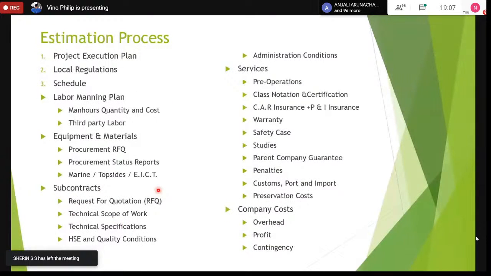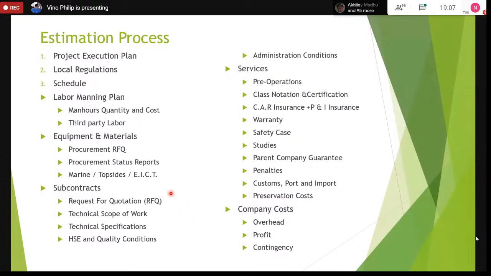The living quarters will also have studies that are associated with it, especially many of the clients would like to reduce the noise levels in the living quarters. So you have to do a noise level study. You have to make sure that you have a certain, what is that called, a certain air circulation, HVAC. So you have to do the HVAC study to make sure that you have air circulation in the living quarters,